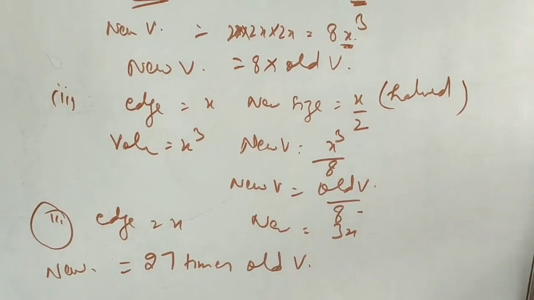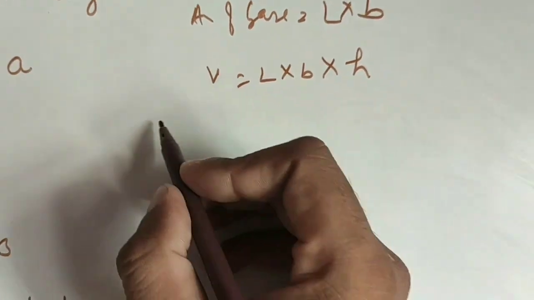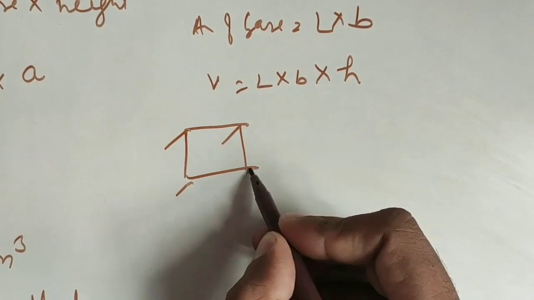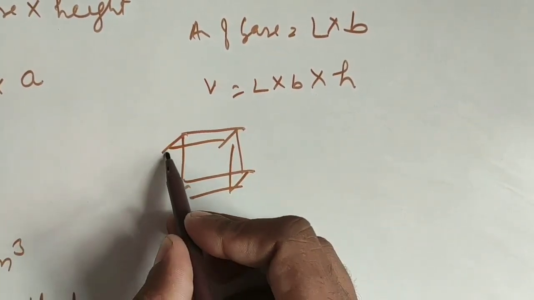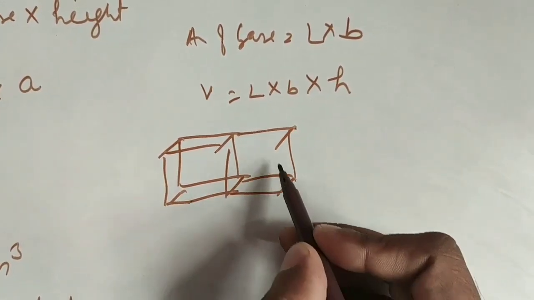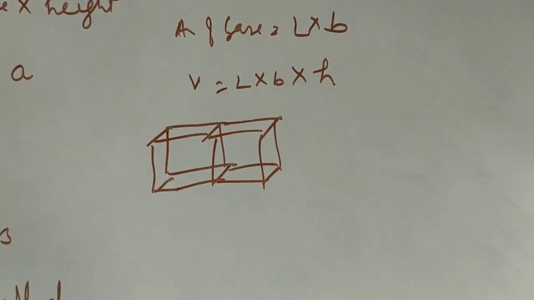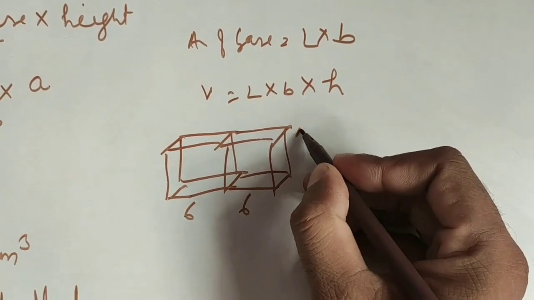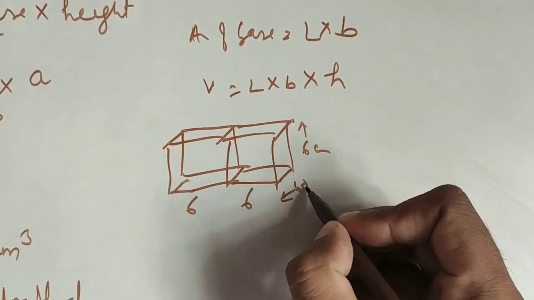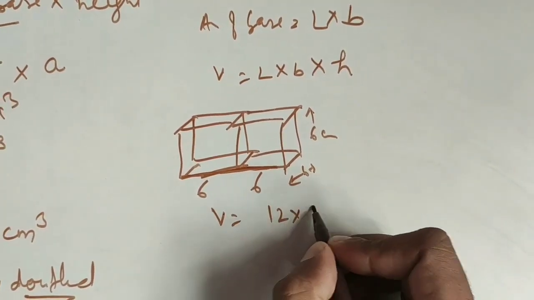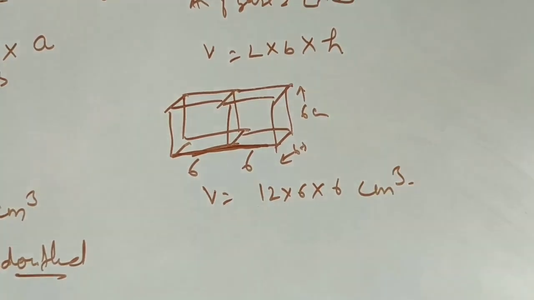Okay. So next we have example. 2 cubes are joined end to end. Find the volume of the resulting cuboid. There are 2 cubes. Suppose this is the first one and it is joined to the second cube. Okay. We need to find out the resulting volume of this. Now each edge was 6, so this is also 6 and height is still 6 and width is still 6. So only the length will be 12. So volume of the resulting shape will be 12 into 6 into 6, this much centimeter cube.